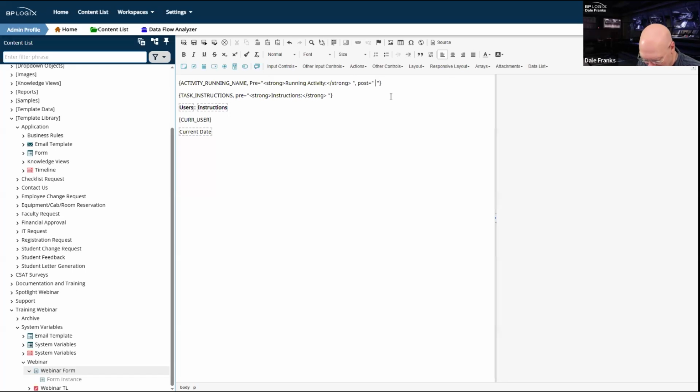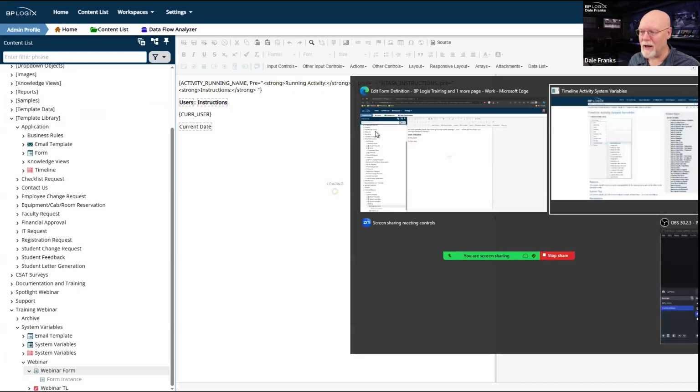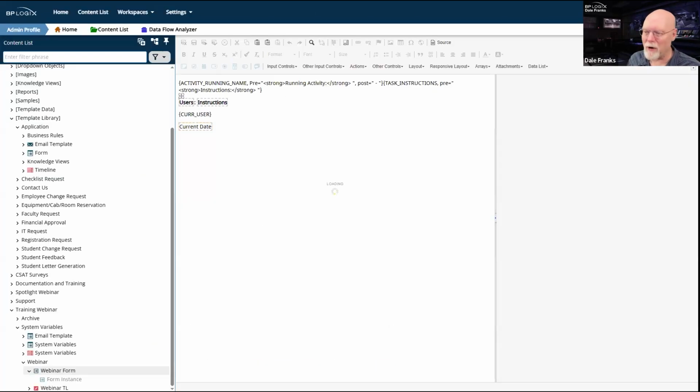I have literally forgotten where the dash is on the keyboard. Boy, that's embarrassing. Where's the dash? Okay, fine. I have a numeric keypad. I'll use what is supposed to be the minus key. There we go. And now I will take these two and I will butt them right up against each other. And we'll save this. And of course, I closed the form instance again.